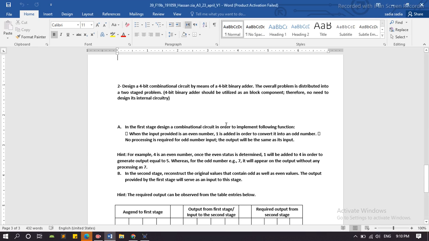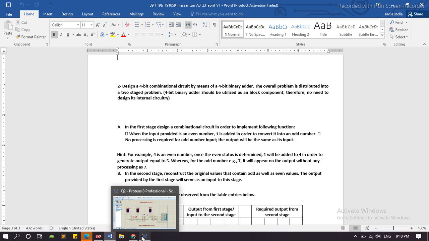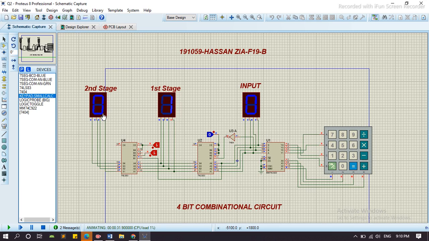In the first stage of the combinational circuit, when the input is an even number, 1 is added to the sum and it converts into an odd number, and in the second stage it reconstructs the original value.